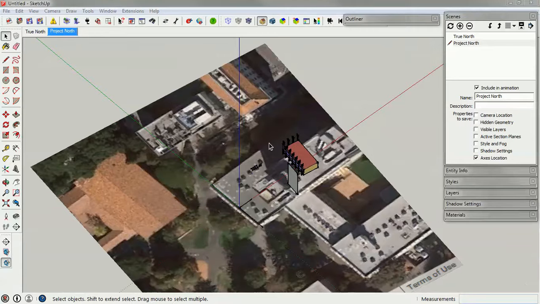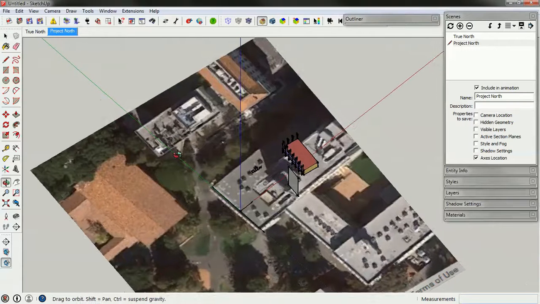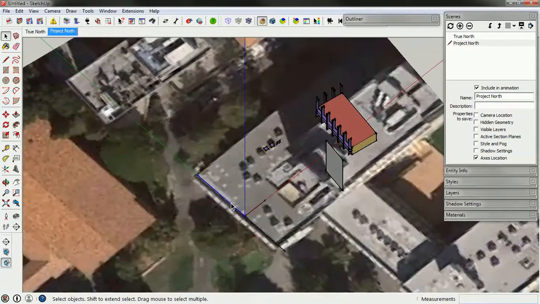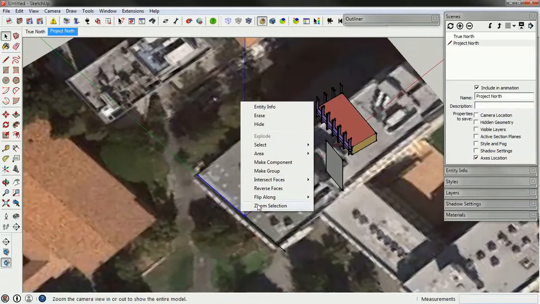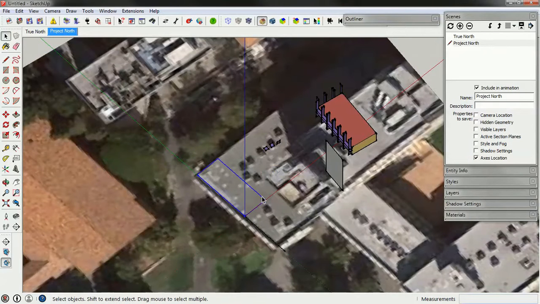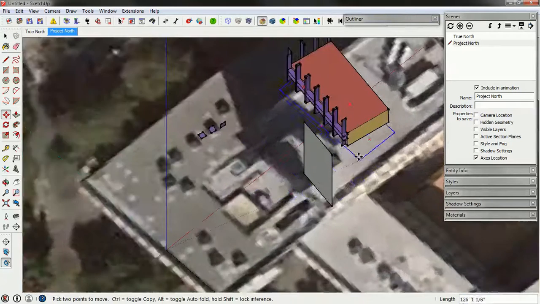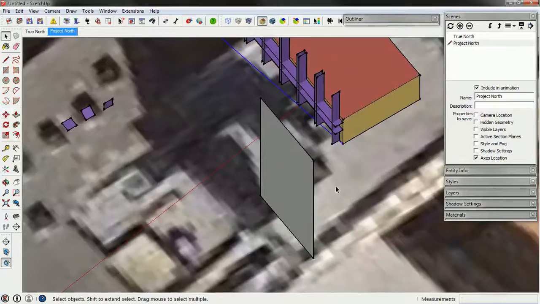So to rotate the zone to the proper axis, I can take these axes and group them. I'm going to press Shift and then right click, make group, and then move them to the corner of